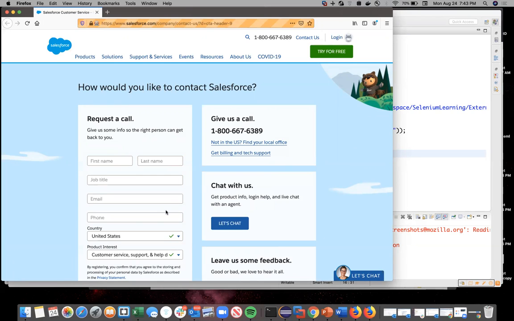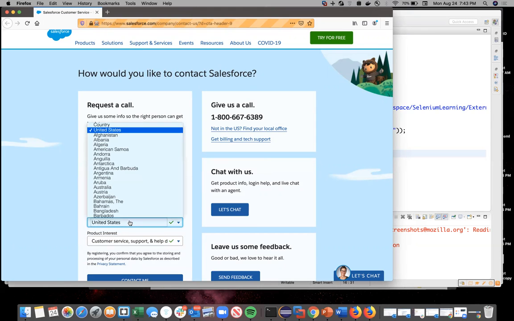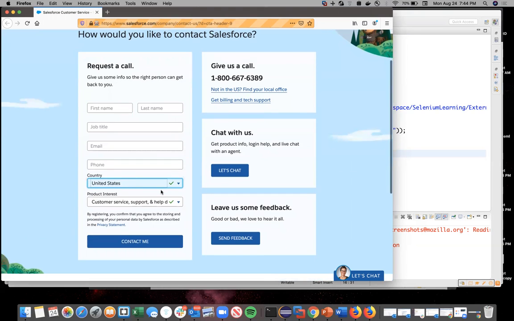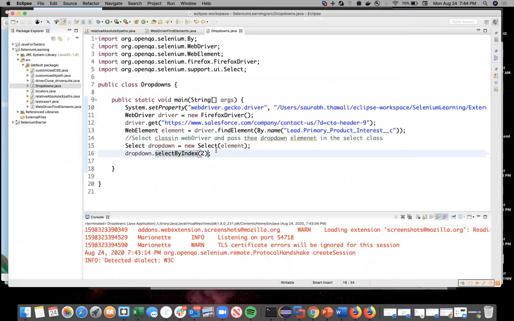Now here you see interesting, we wanted to select which one, 2. So 0 1 2, right? So it selected this particular value. And did it select this one? No, it was already selected, right? So this one is also a drop down. Now here, using dot select by index, we selected the second value. Similarly, here you can do the changes. First you select this, and then the next option we'll explore is